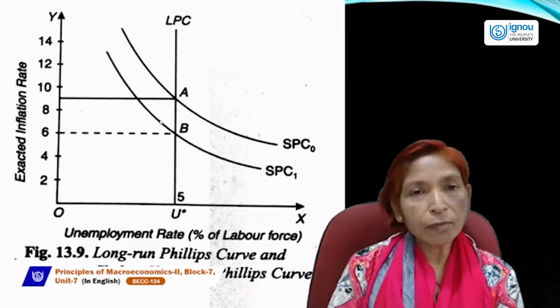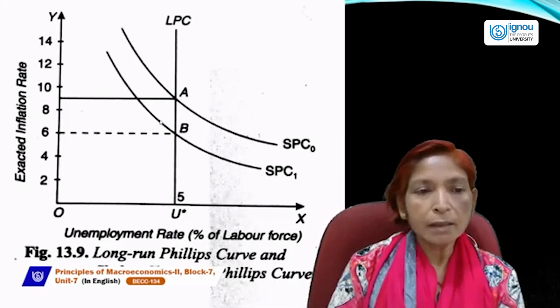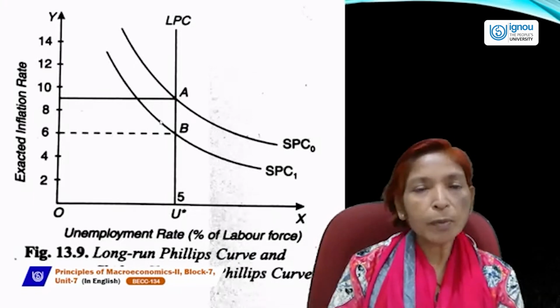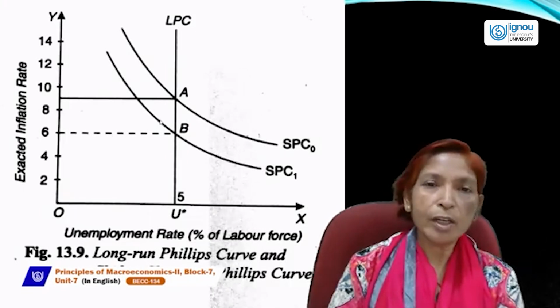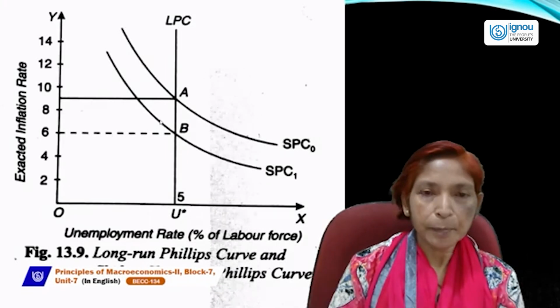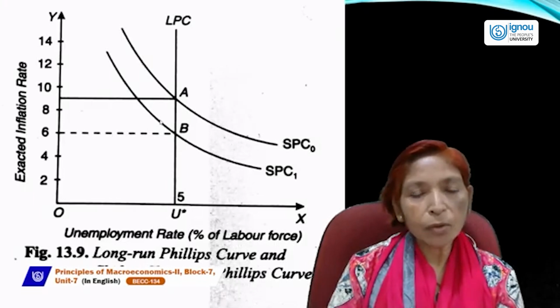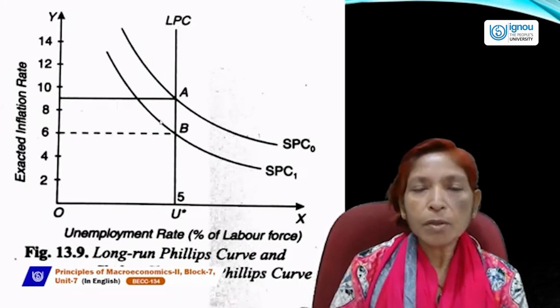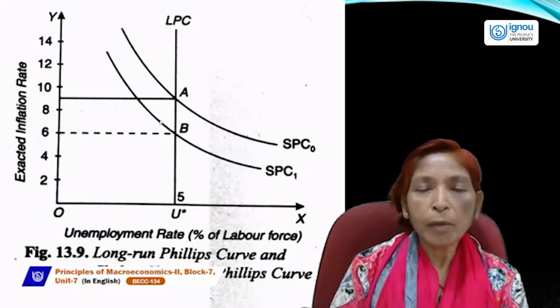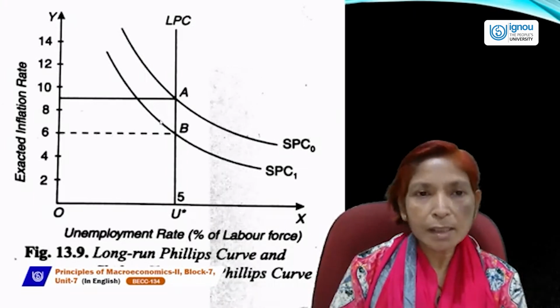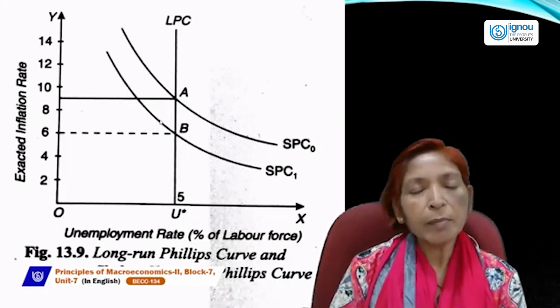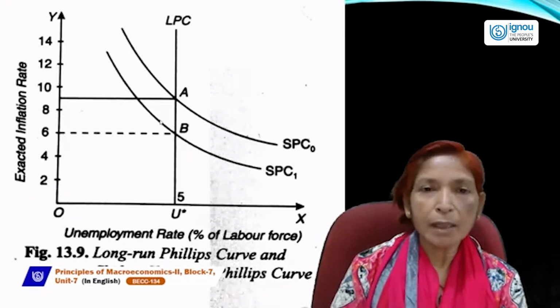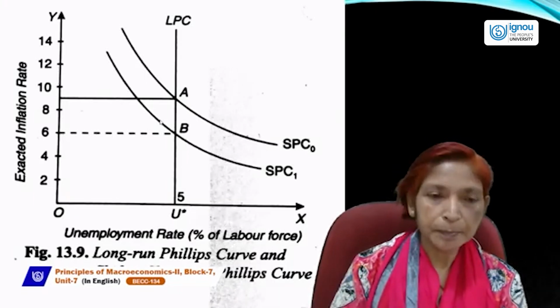And if we achieve the full employment level, then employment opportunities can't be generated, output can't increase, income can't increase, only the inflation rate will increase. So if there is only a change in inflation rate, and income, output, and employment opportunities will not increase, in that case, the curve will be vertical or parallel to the y-axis.